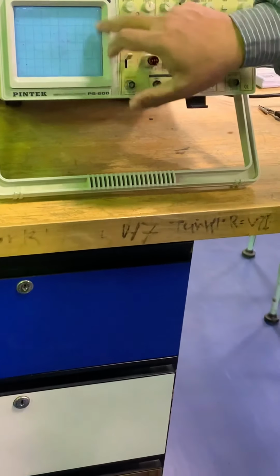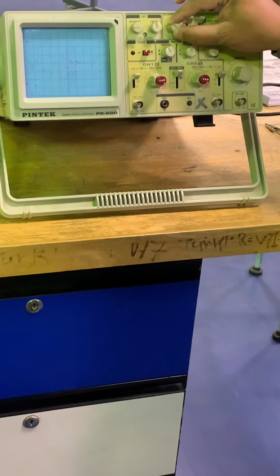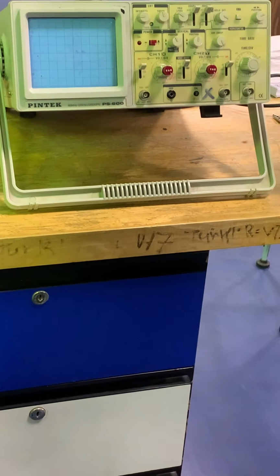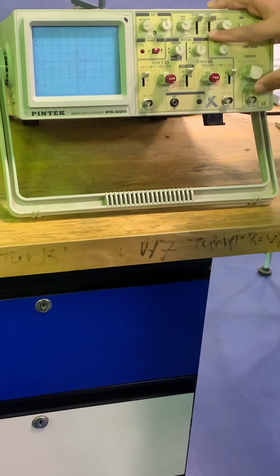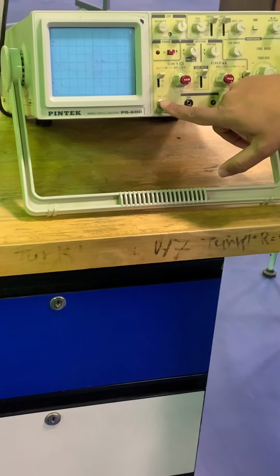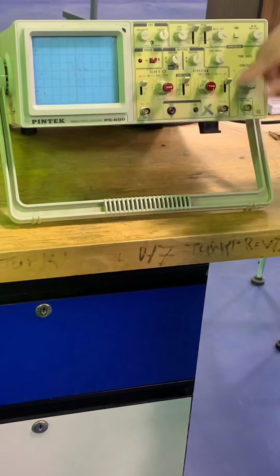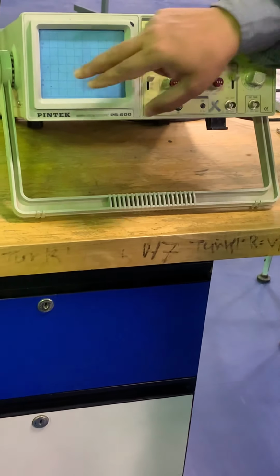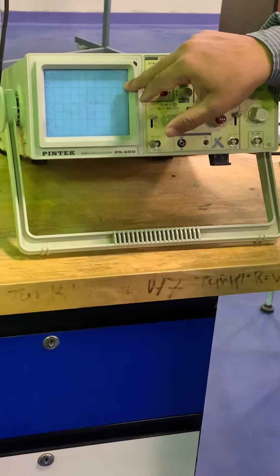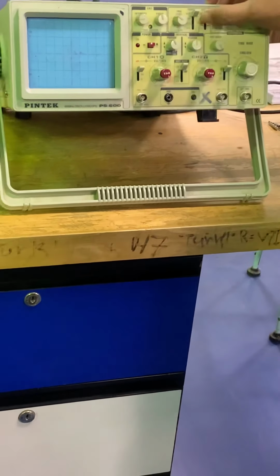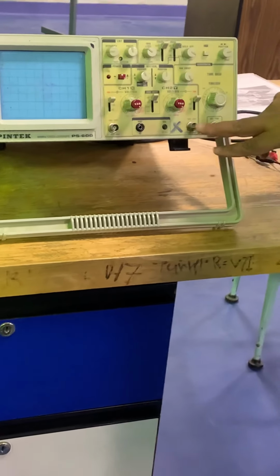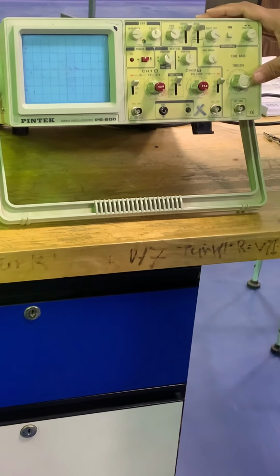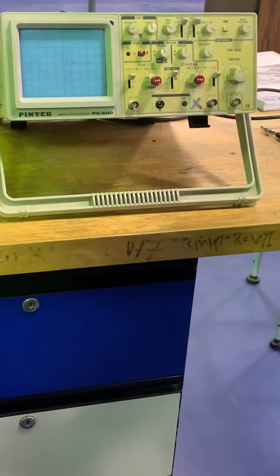To control the movement, you will use the trigger. By using the trigger point, you can hold the waveform at one position. Also here, if the input is coming from channel number 1, then your source should be channel number 1. If you move it to channel number 2, the waveform will be continuously moving. Don't do that. If you are giving the signal for channel number 1, your source should be channel number 1. If you are using channel number 2, your source should be channel number 2. So at the level of LH 102, this is more than enough for you to remember.